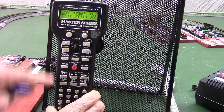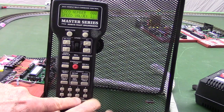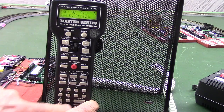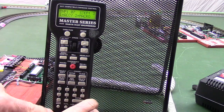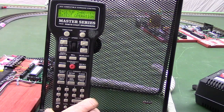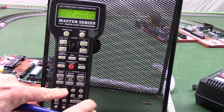Now speed value, I want a 1 here. So I'm going to push 1 and push the enter key. Set direction forward, just hit the enter key. So we're done with that. Now it's ready to program input 7 step 3, but we're done. So we're going to push program to escape that. And now we're back to the main menu. We're going to push review